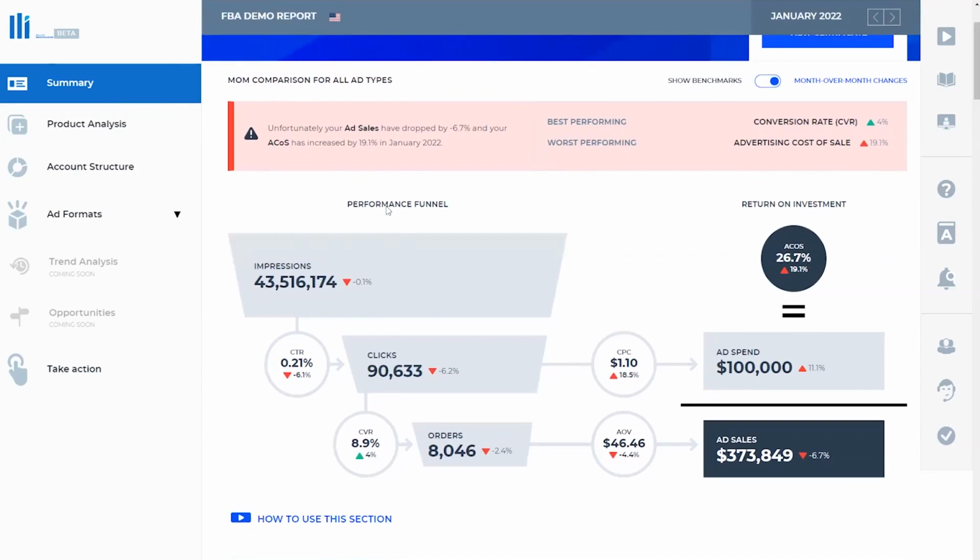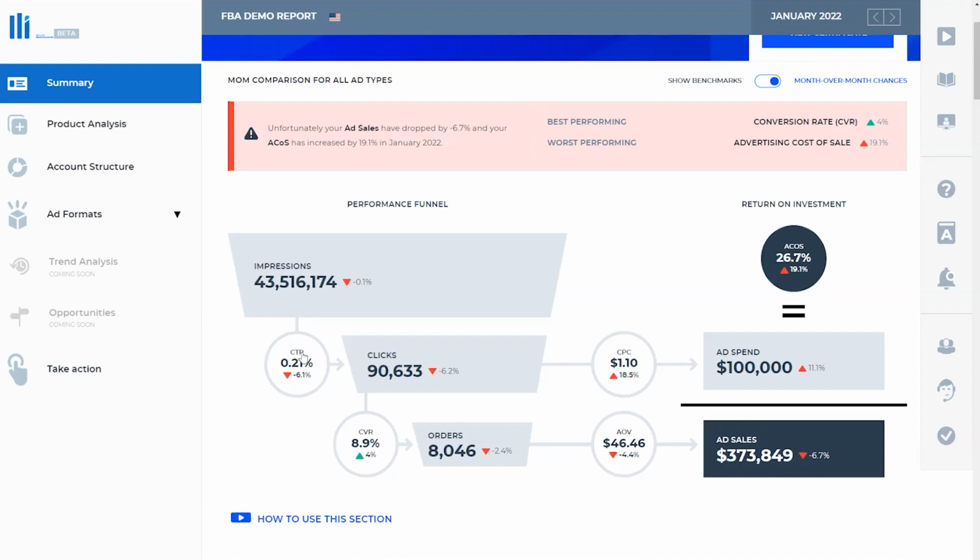So basically you can see here at this performance funnel, the number of impressions that were hit last month in the US marketplace for that account, which led to this percentage of click-through rate, which led to so many clicks, which led to so much conversion rate, which led to so many orders. And those orders had an average order value of so many dollars, which in total were so many sales.